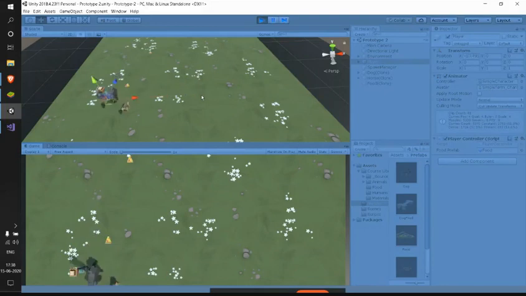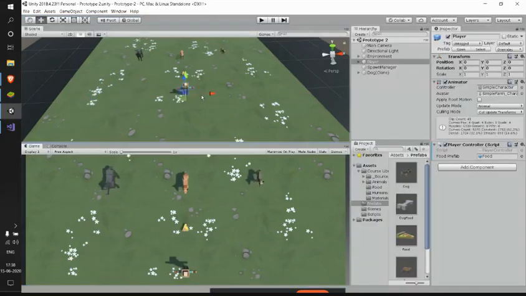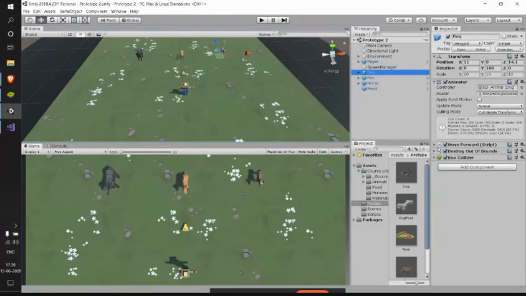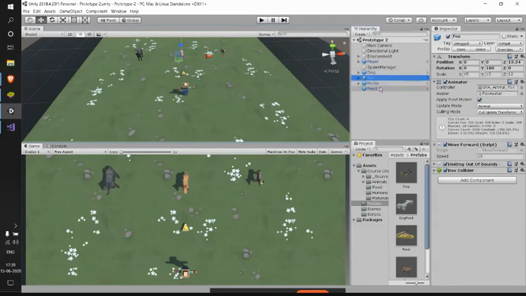I think this is cool, and we can always adjust the values to make them look or feel better. So let me change a few values. Let me decrease the speed of these animals. I'll make the speed of dog as 5, fox as something like 10, and horse as 12, 13.